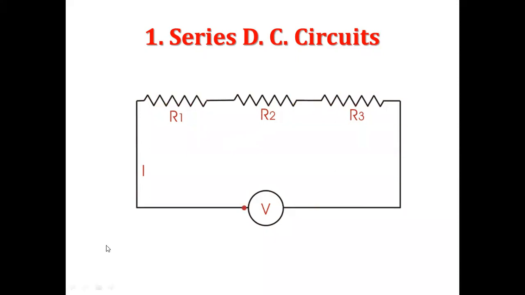Otherwise 30,000 is the total. This person has 10,000, this person has 10,000, this person has 10,000. Only 3 resistances are there. So 30,000 is 10,000 plus 10,000 plus 10,000. Total drops here now. Here a drop is happening, here a drop is happening, here a drop is happening. Equal to the summation of V1, V2, V3 equal to V, we can tell that. Total income equals the expenditure of yours, your mother and your brother, like that.